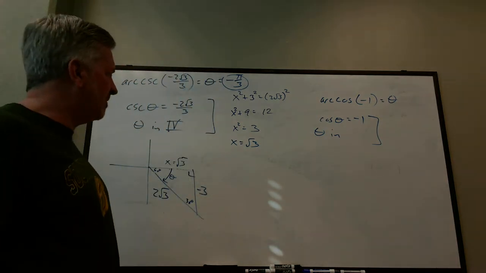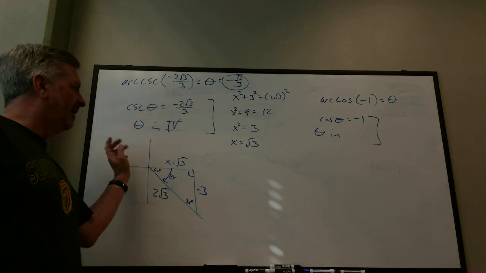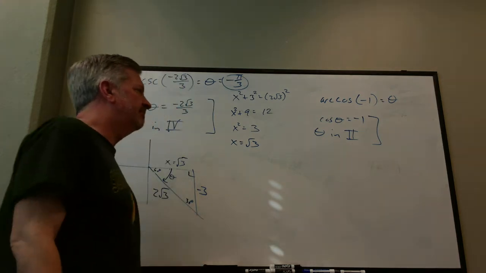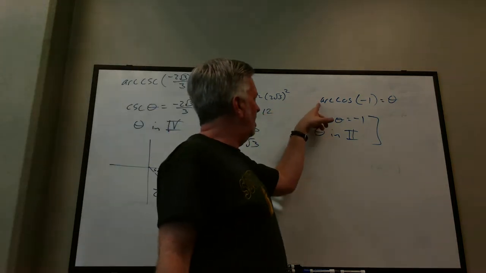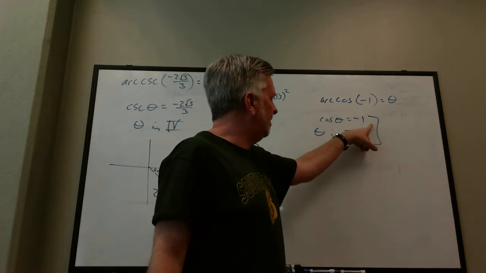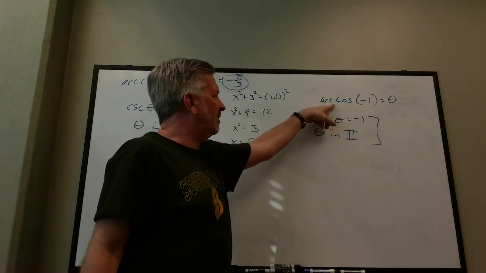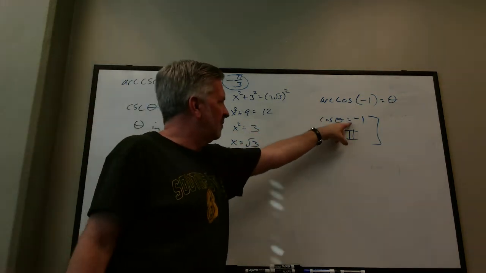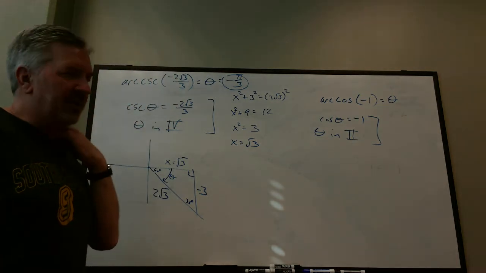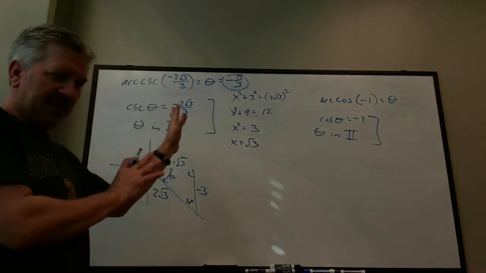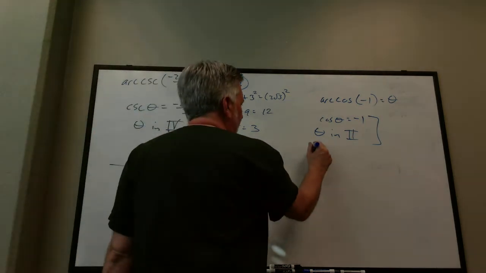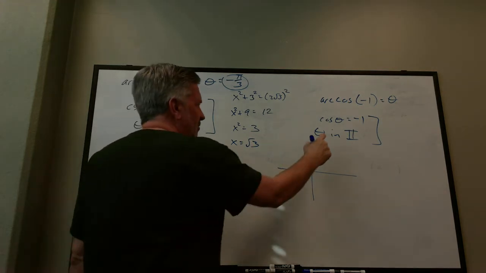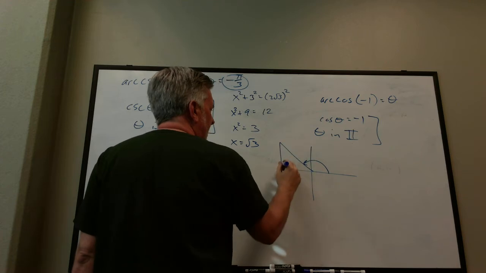Well, remember, arc cosine gives you an angle from 0 to pi. Cosine is positive in the first, so it looks like theta is in the second. Now, I'm sort of leading you down the garden path here. I'm just trying to follow what I did before. So if you follow that, I'm actually going to draw two pictures here, so give yourself room if you can. Right? So if I draw theta in the second quadrant, no problem, and I do know that's the correct rotation,